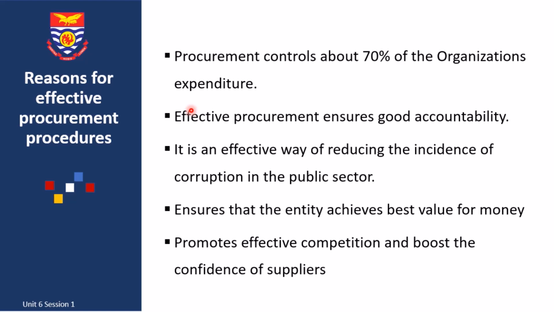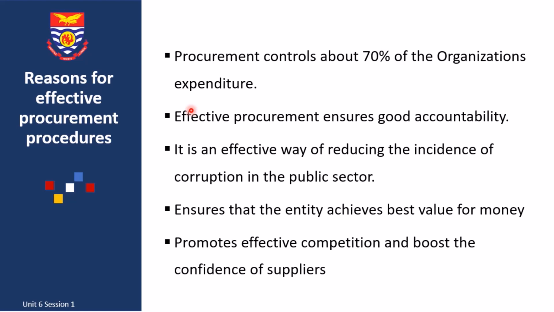And procurement does these acquisitions with the financial resources of the organization. Hence, effective procurement procedures are necessary to ensure that these procurement activities are undertaken effectively and efficiently without room for waste and